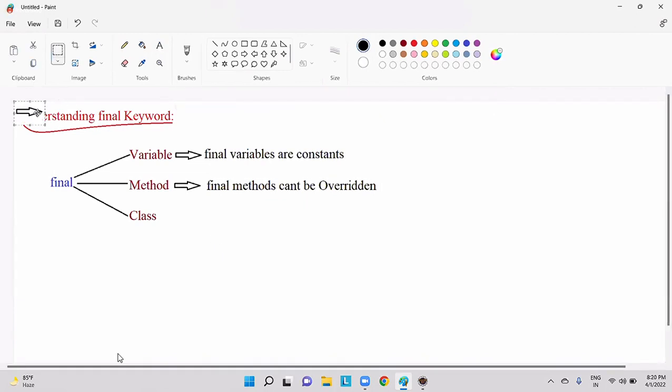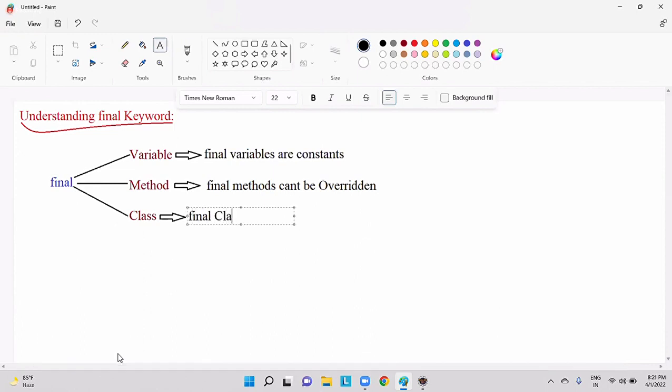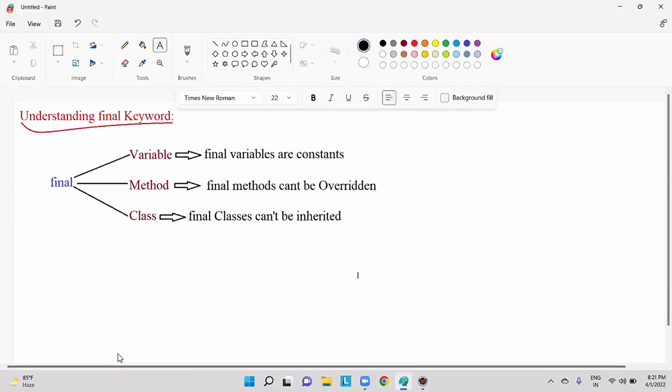Now, if you make a class final, final classes can't be inherited. Final classes can't be inherited. As simple as this, guys.